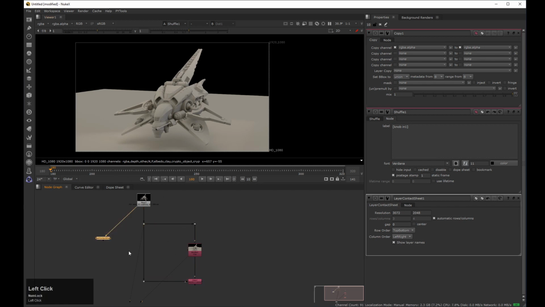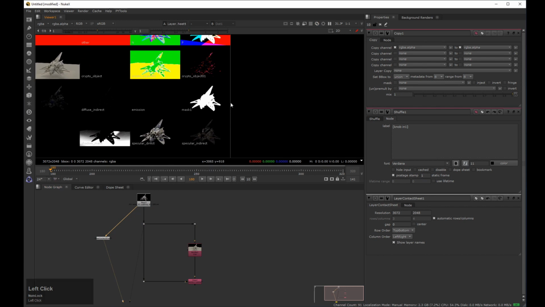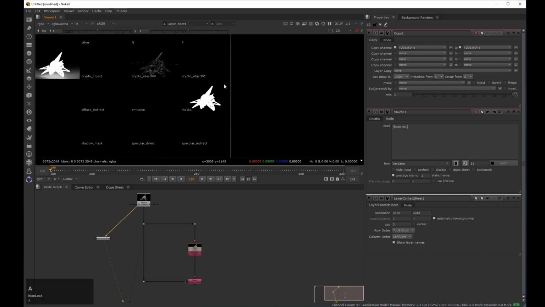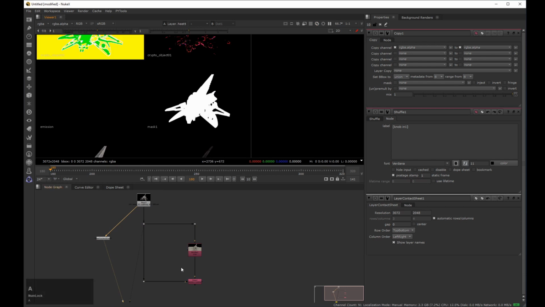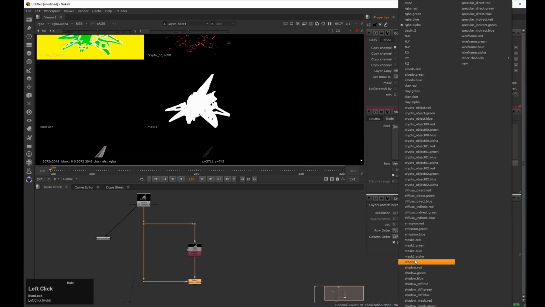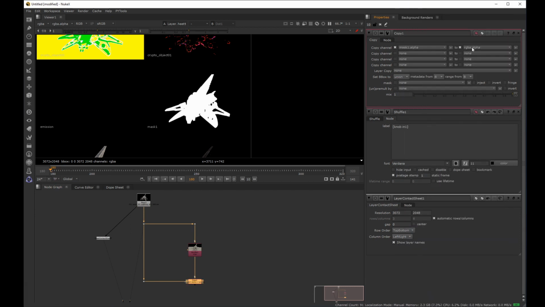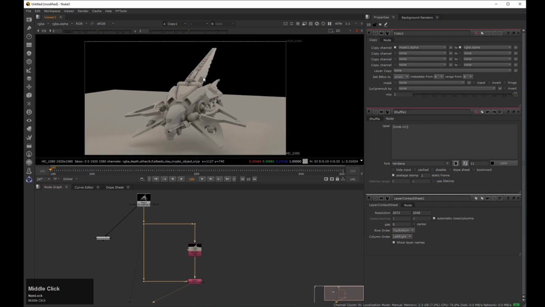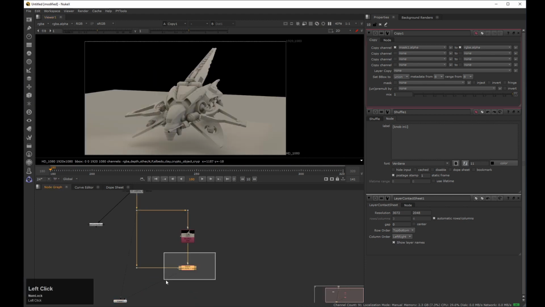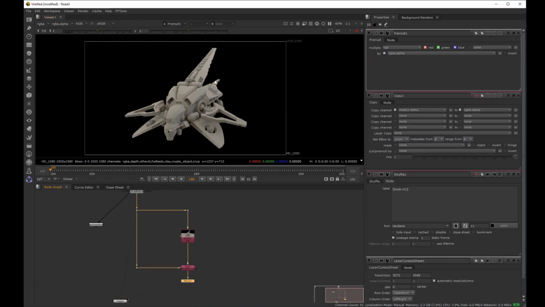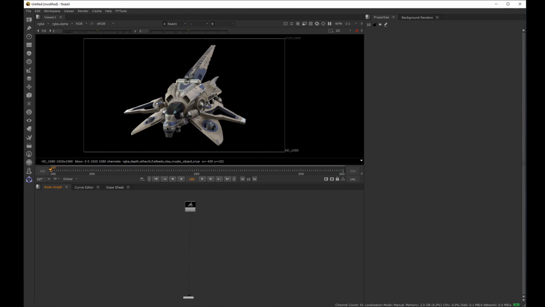And here, if I take a look at my layer contact sheet, I see that I have a layer called mask 1 that has an alpha channel, the one that I need. So in the copy channel, you say which channel you want to take from the A input, and in this case it is the mask1.alpha, and in which channel you want to copy it in the B input, and here I want to copy it in the RGBA.alpha. Now, if we check our image here, we have this alpha, and if we pre-mult it, we have a clean result. The copy node is useful to copy one single channel from one pipe to another one,